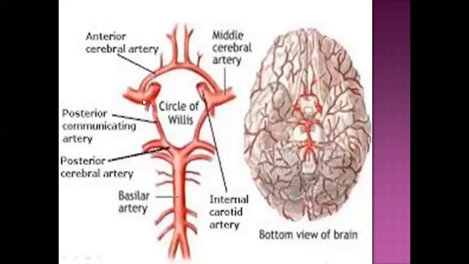This is the anterior cerebral artery. This is the middle cerebral artery. This is the posterior communicating artery, which joins the pair of internal carotid arteries to the vertebral artery. This is the basilar artery. This is a terminal branch of the basilar artery, the posterior cerebral artery. And these are the two vertebral arteries, which join at the lower border of the pons and form the basilar artery. So the circle of Willis is present in the subarachnoid space, and it joins the pair of internal carotid arteries to the pair of vertebral arteries.